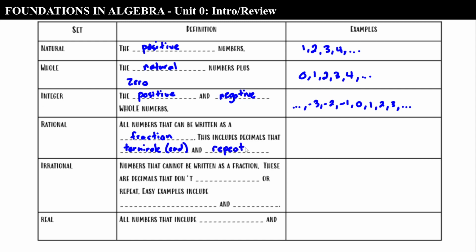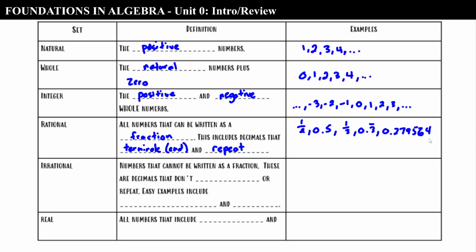Okay, so some examples of this would be the number 1/2, which can also be written as 0.5, the number 1/3, which can be written as 0.333 repeating, which we usually denote with a line over it to show that that's repeating. Another example would be 0.27956. Okay, just an example here, okay? Those are all